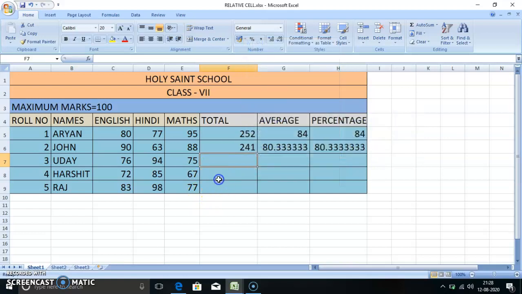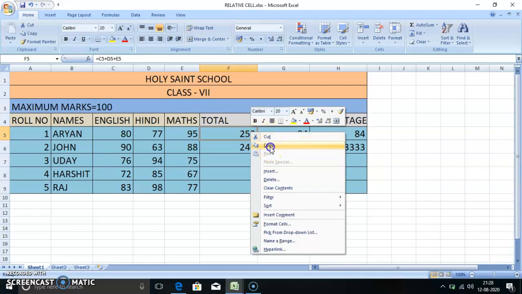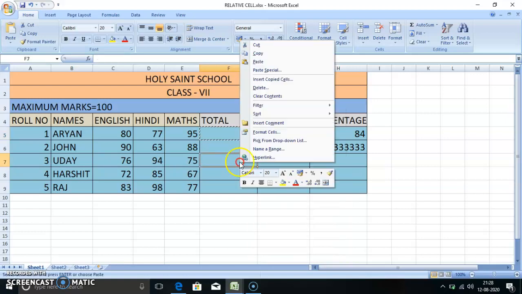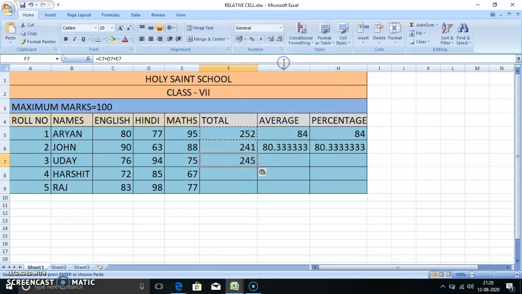Again we check: right click, copy, then here right click, then paste. Now see what is the answer? 245. Click here, see the formula already changed: C7 plus D7 plus E7. For this the formula is C5 plus D5 plus E5. Here it changes automatically. We already learned this. This is relative cell referencing when we copy the formulas.